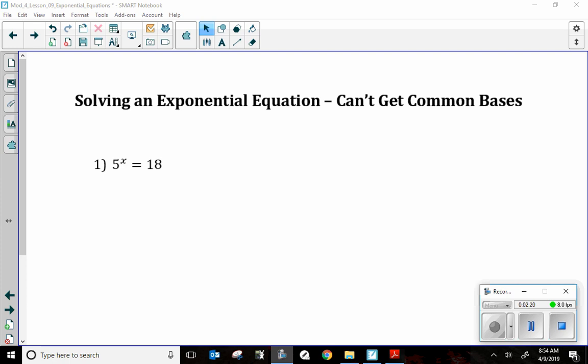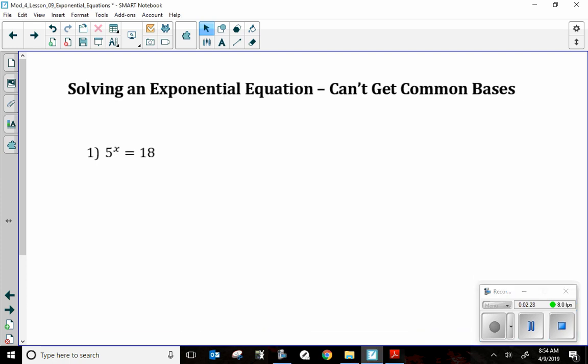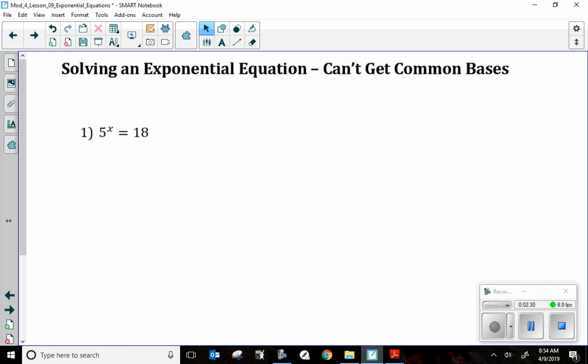So now we come to this problem. I'm going to solve this exponential equation, but I can't get them with common bases. All right, let me move this up here. I cannot, for the life of me, say, well, I can represent both 18 and 5 with a common base. I cannot. So what do? This is where we need to use, okay, if we can't get a common base,